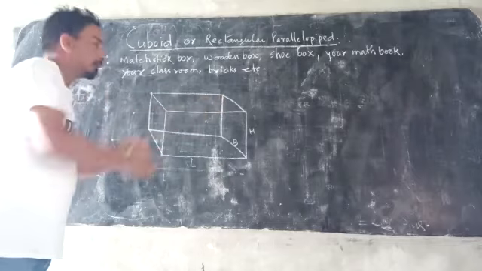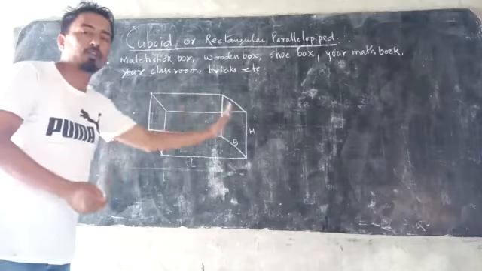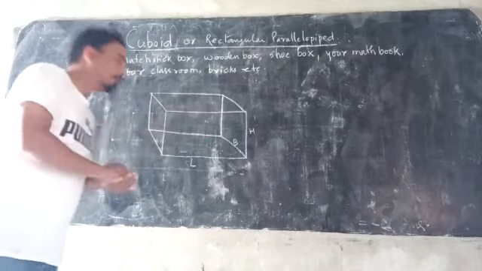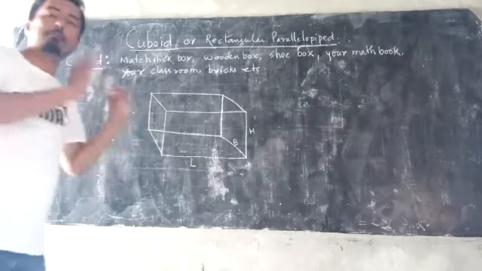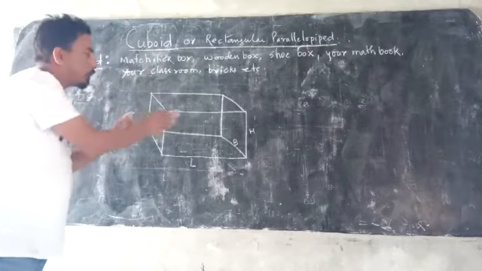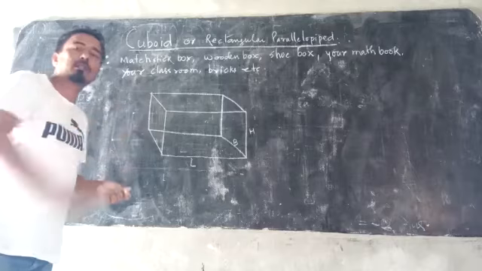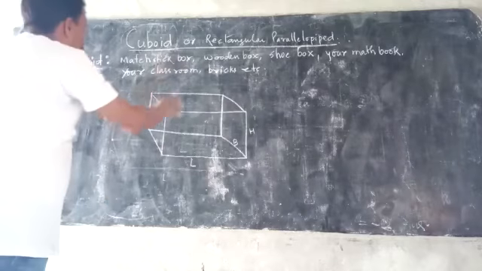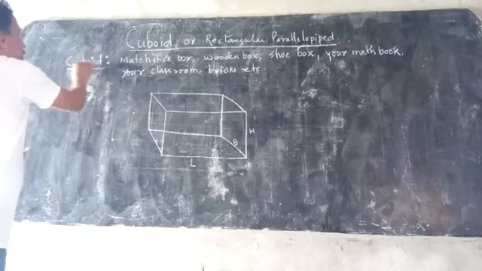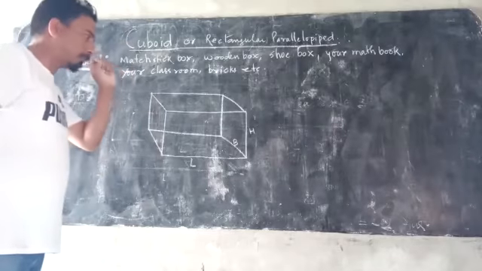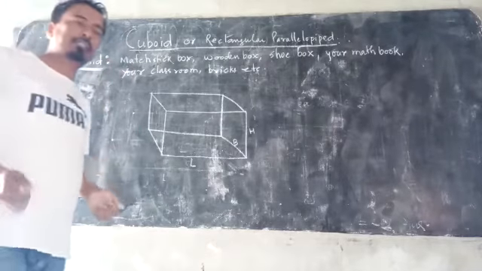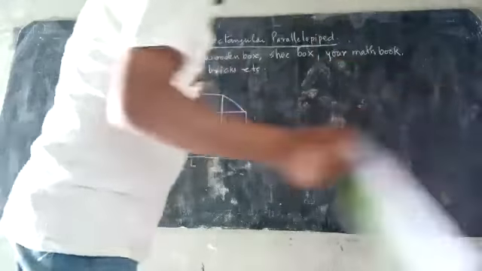This is a three-dimensional, 3D figure. It is a three-dimensional shape because length, breadth and height are all measured in a parallelepiped or cuboid. That is why it is called a three-dimensional shape. Today we are going to read about cuboid only. I will elaborate this very nicely. I will take one example to explain this cuboid.